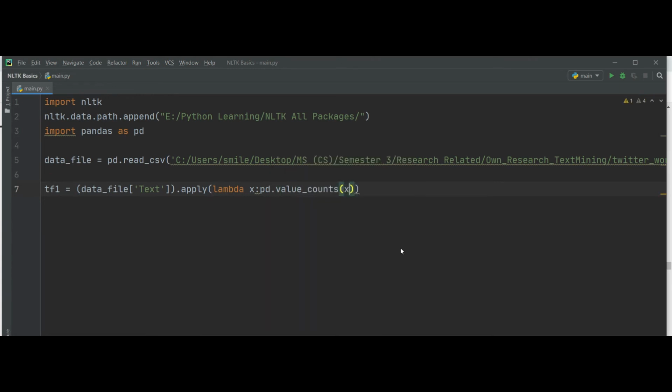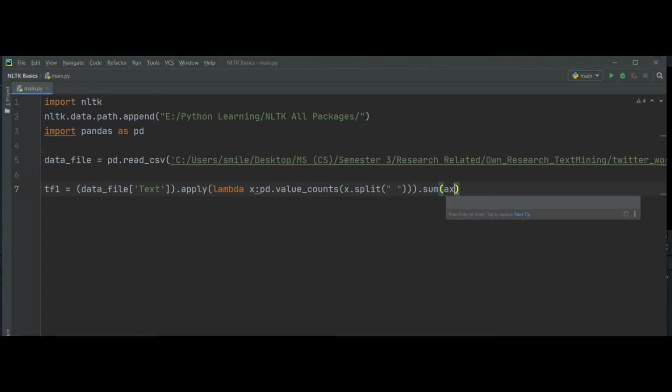For each row, split it by each word, and then apply the sum method and sum with respect to the axis row wise, for x equal to 0, and then reset